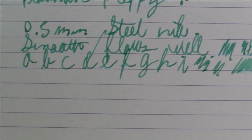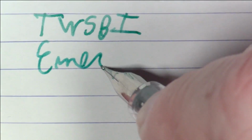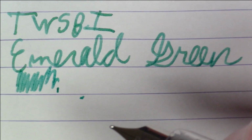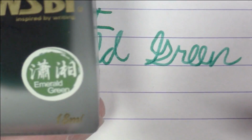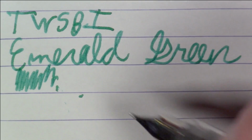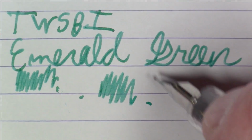Let's talk about this ink for just a moment. Okay, folks, this ink is TWSBI Emerald Green. And this is a nice shade of emerald green. This is part of the new set of inks that TWSBI came out with to herald their entry into the ink business. It came as part of a 6-ink set, so I did an unboxing video of this set about a month or so ago, and I've been working through each of the colors, so eventually we'll get to all the colors in the set. But this is the emerald green, which I think complements this pen quite nicely,